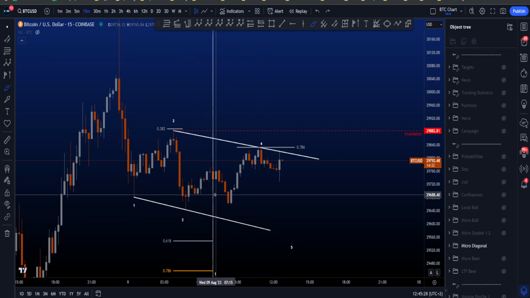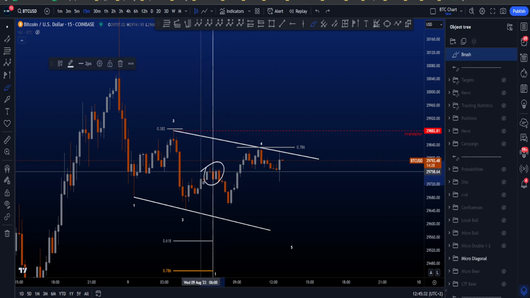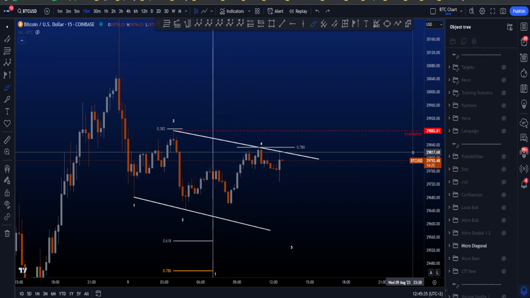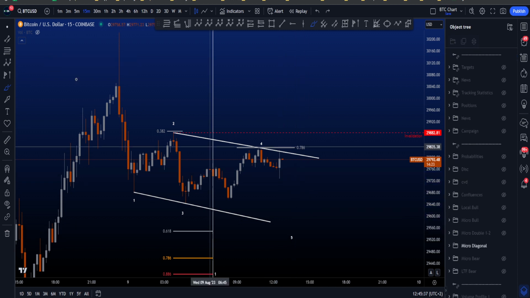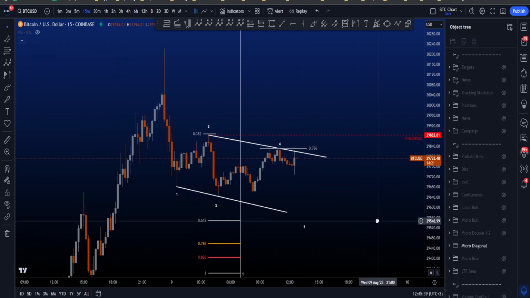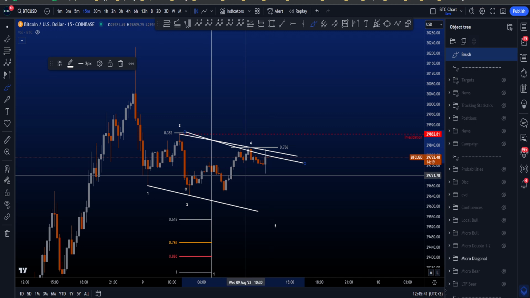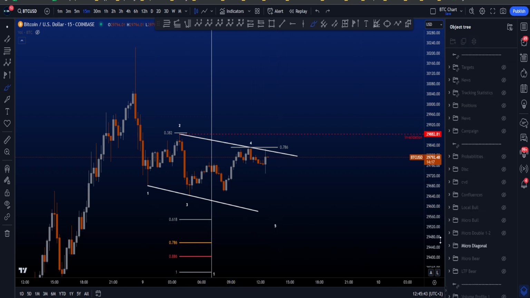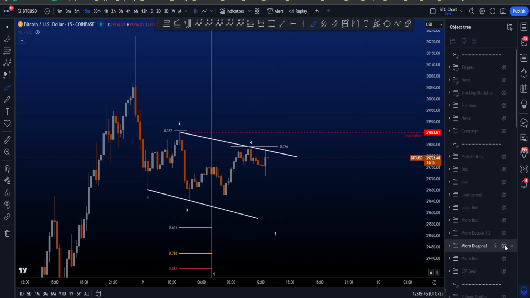So you can see this wave 4 is much longer, because if wave 2 or wave 4 wanted to be shorter, it had to end over here. Now then finally, you would expect a 5 to the downside, but you can also see that the structure of this diagonal is pretty much a channel, if not expanding, which is a very rare structure when we talk about